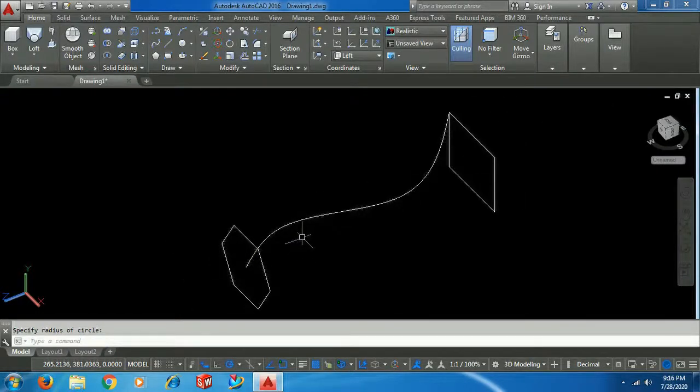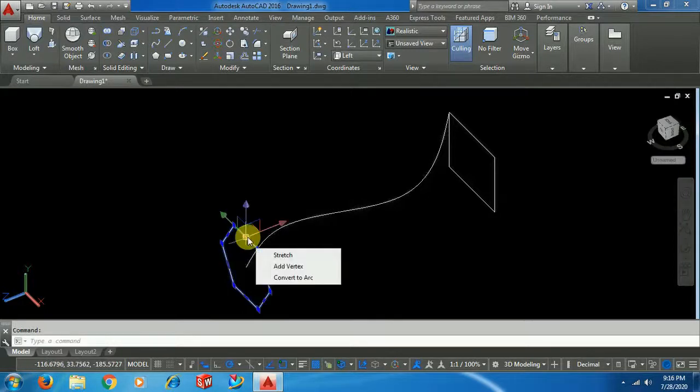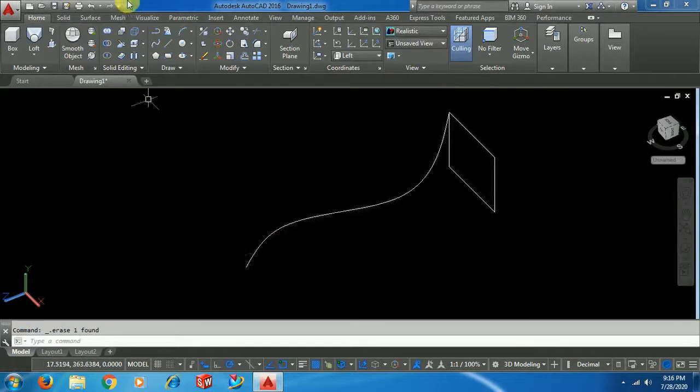Now we connect these two profiles. I deleted again, trying to create a somewhat bigger hexagon.